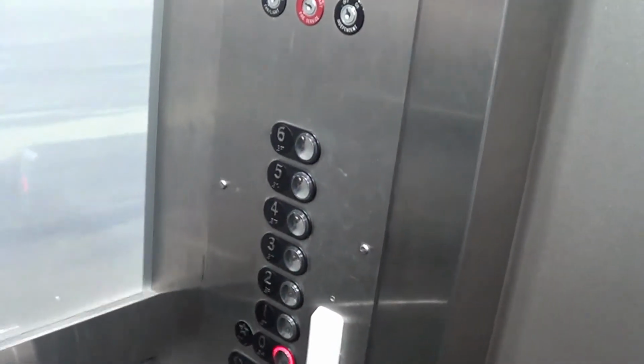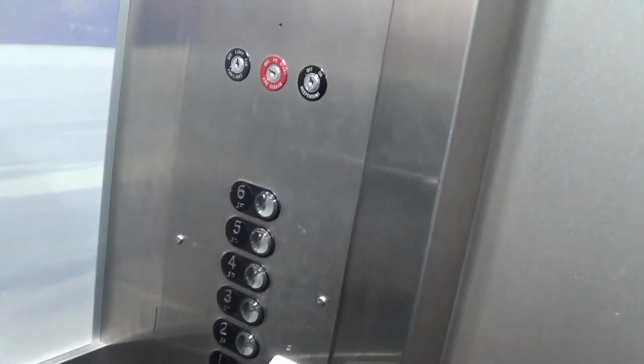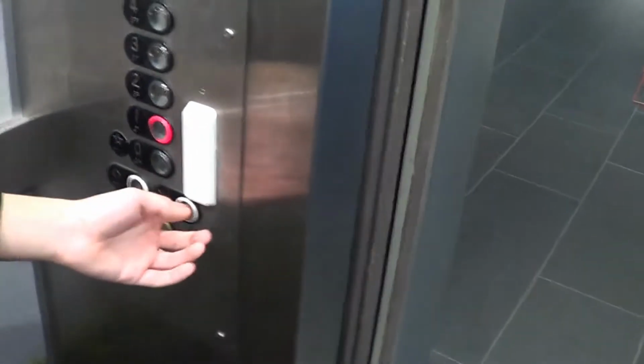Should we try the old pass trick in this one? Yes. I don't think it will work because these lifts are a set. So. Exit to Kelburn Parade and Kirk building. They've actually fixed the voice, it used to cut out. No. Let's go back up to 1 anyway and see if I can climb the stairs. Yeah. Which I probably can't, but